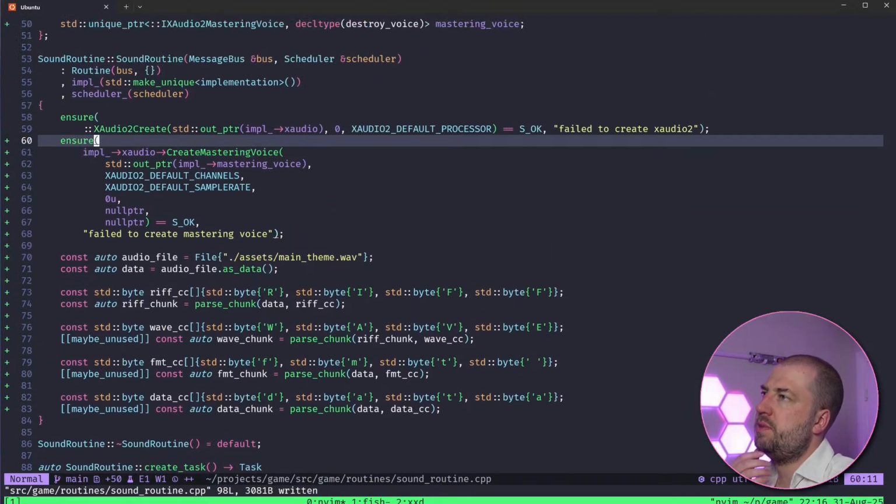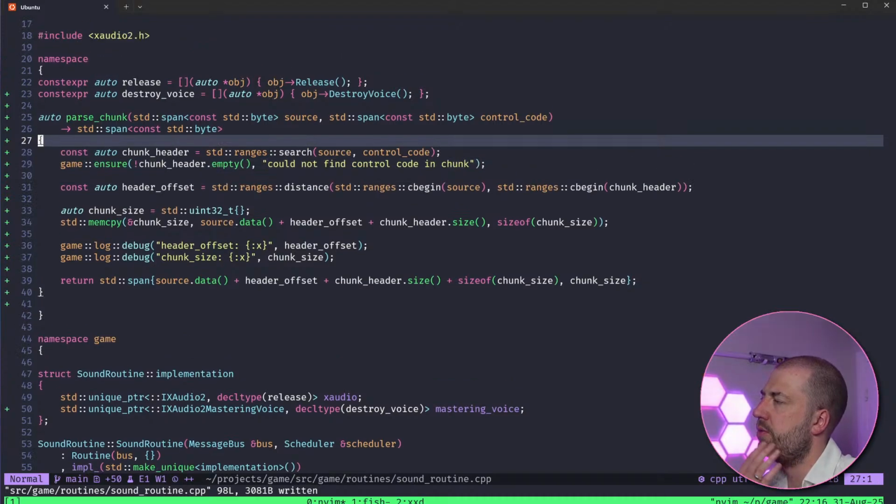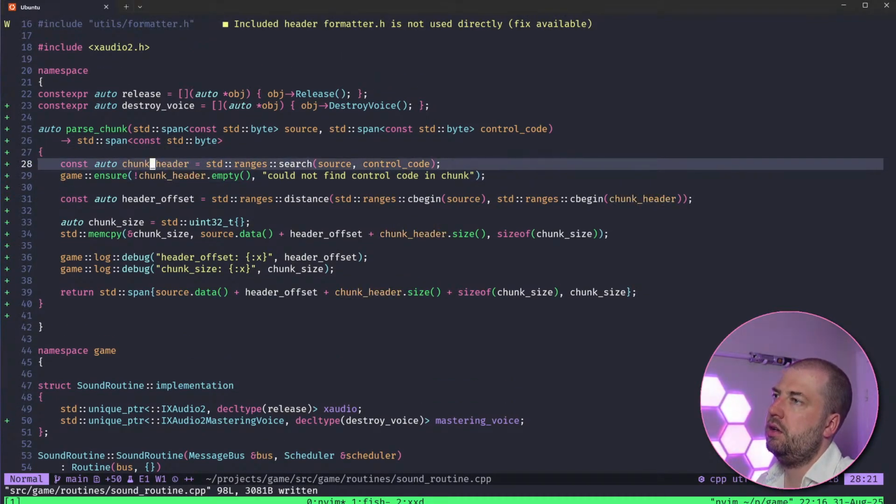The chunk must be ill-formed. It must run off into uninitialized memory or something, or hit a page fault. Yeah, but search doesn't crash if it can't find it. Search will return you an empty range, right? So that must mean the input is wrong.